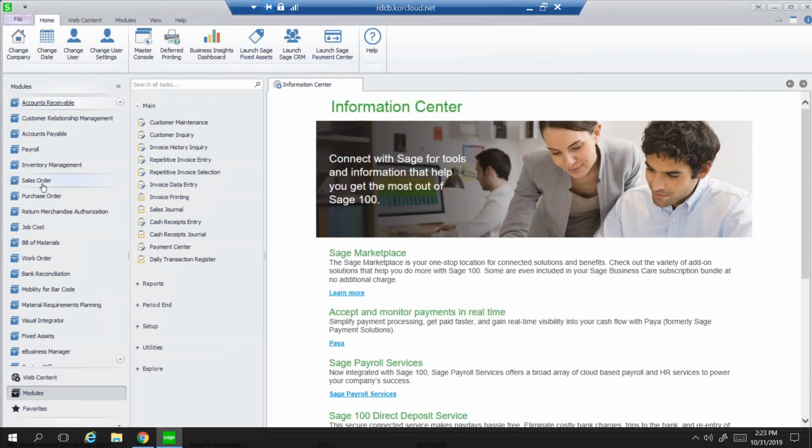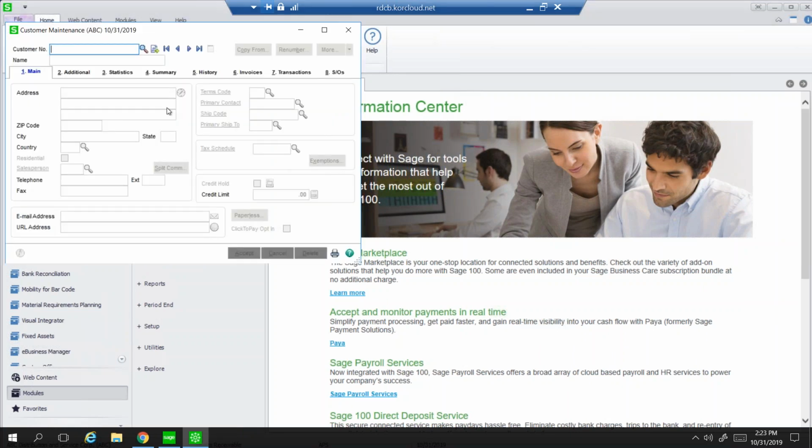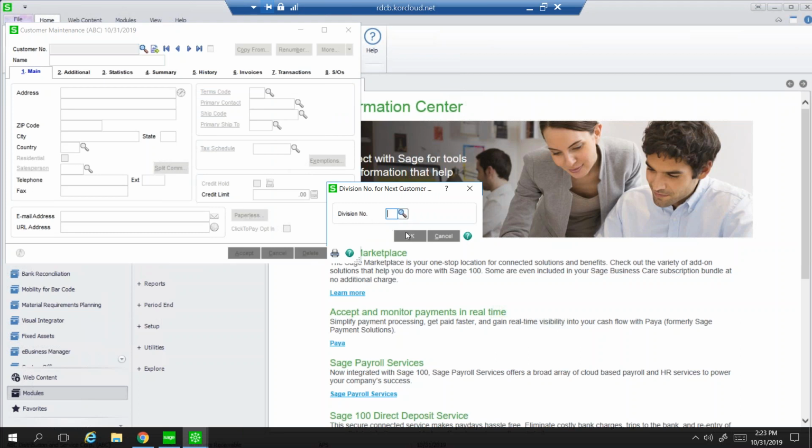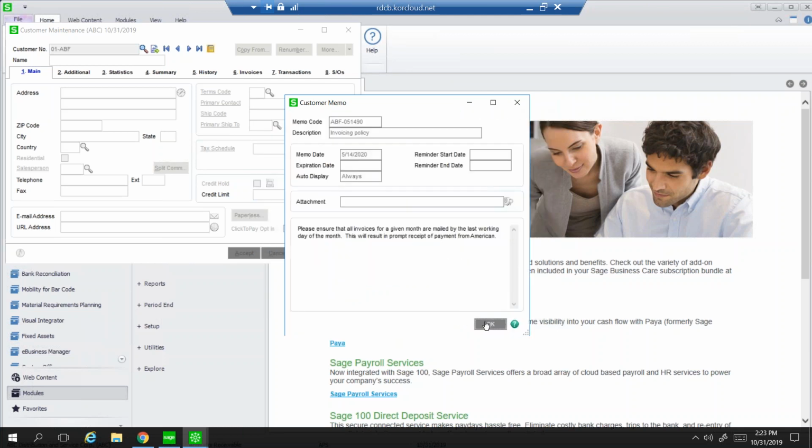Now, as I mentioned before, as far as credit card processing, we offer standard Sage functionality. You're able to create credit cards per customer, if that's what you would like. You're also able to process credit card transactions in sales order invoice data entry. You can apply credit card payments against invoices. I'm clicking on the wrong field here. Let me choose a customer. What I'd like to show you is